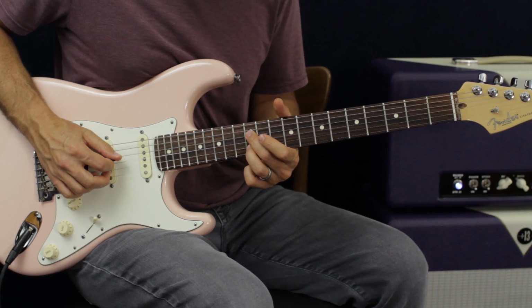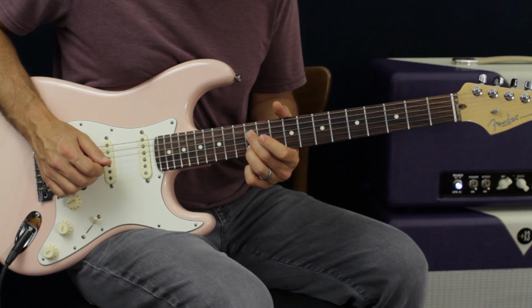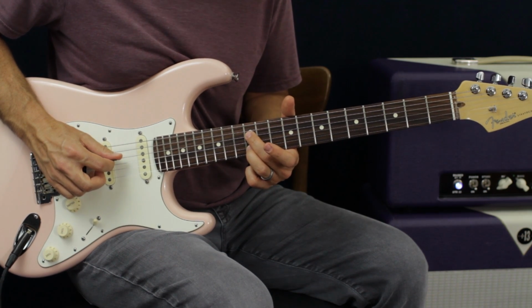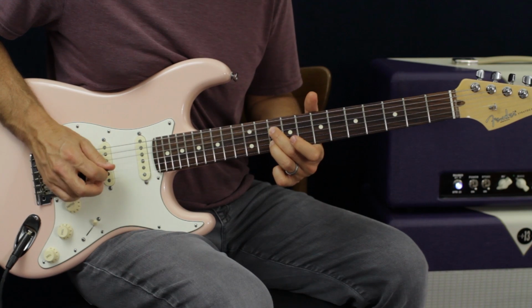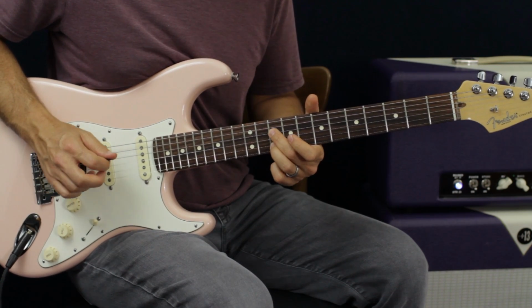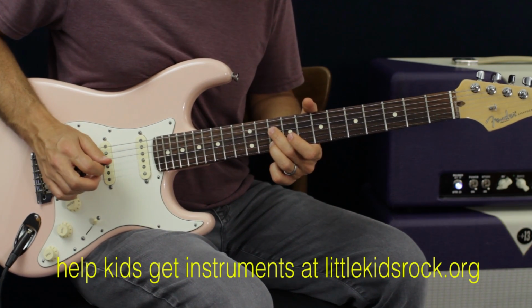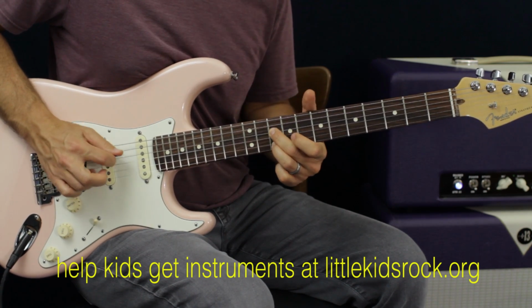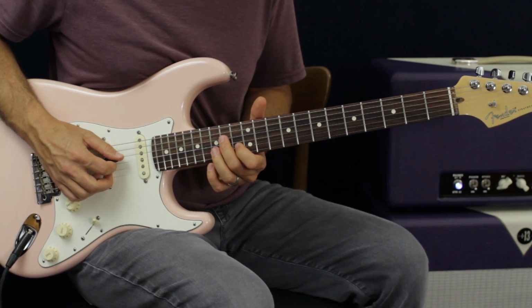Okay, now what I did was I went D, B, D, and then I hit both of them together and slide down to the 10th fret. And then I go D, B, D, B on the 10th fret. So if I put those first two things together...